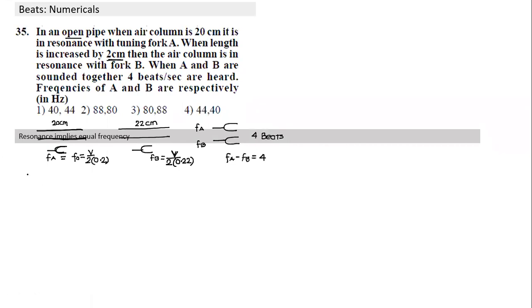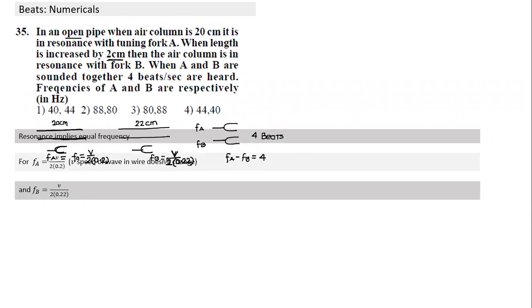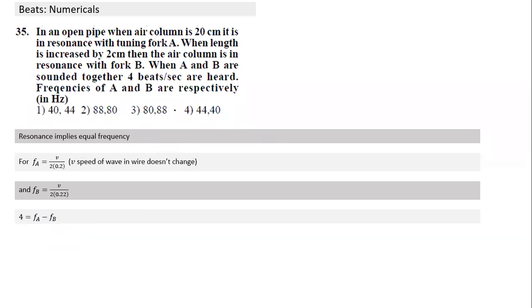So what is this question about? Resonance implies equal frequency. If anybody is not clear, resonance implies equal frequency, and we substitute those two values. Sir, is there option 4? Yeah, but is that clear? Yes, it's clear, sir. So this is something we need to be clear about. Is that well understood? Is it absolutely clear? Okay. So this is also similar to the previous question, and you can easily solve that question.